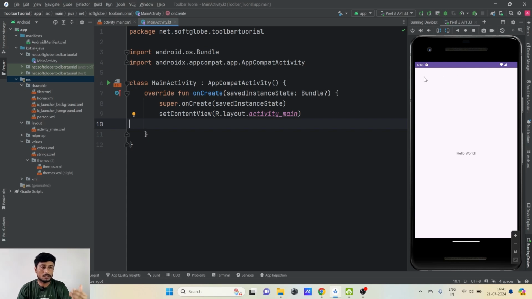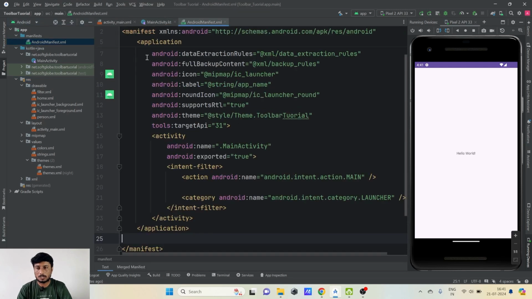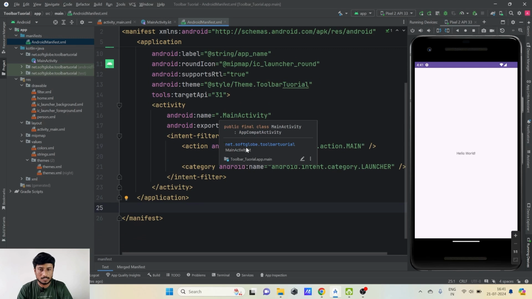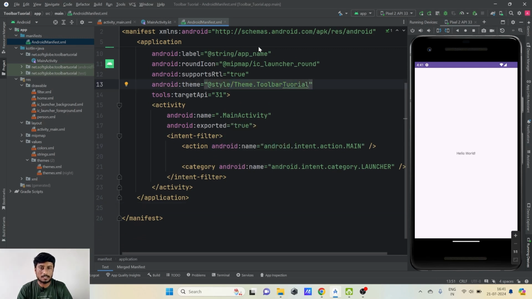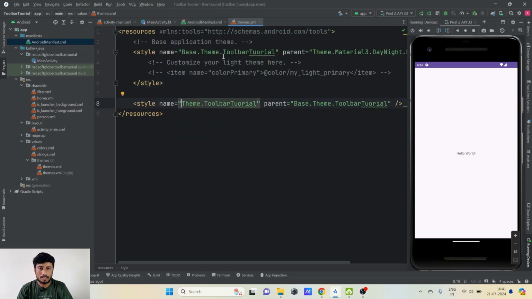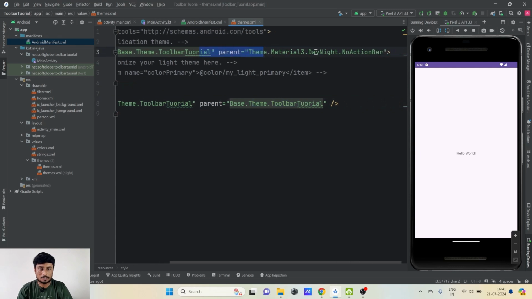Why? Because nowadays whenever we create a new project, Android provides us an activity without action bar. To verify that, you can double click on AndroidManifest.xml here, and you can see in the theme, it is Theme.ToolbarTutorial, that is your application name. If I control click on this one, I go to the themes.xml file, which has a parent, and in this parent you can see